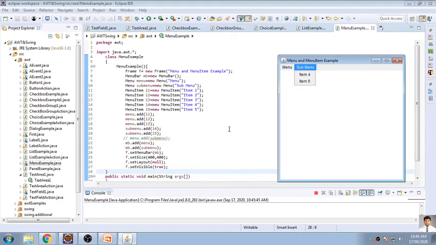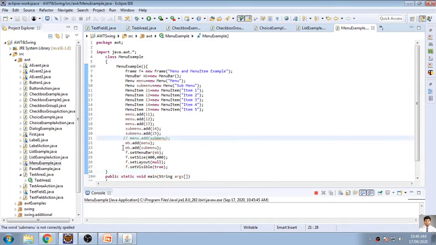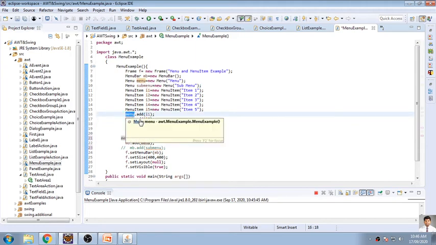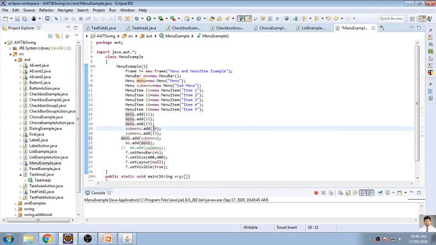But I want it should be like this: item 1, 2, 3, and then the sub menu should be a part of menu, and then it should have its internal linking, that is internal item. So what I will do is that I will comment this part and I'll comment this part. So what we have done is that we have added all three items into my menu, and then I have added this fourth and fifth element into my submenu, and I have initiated menu dot add